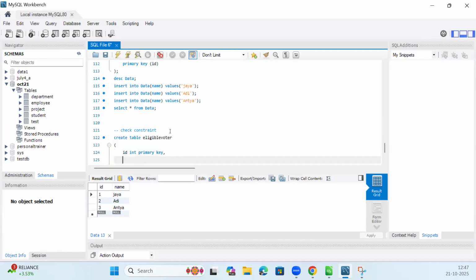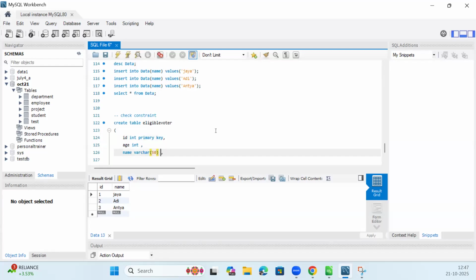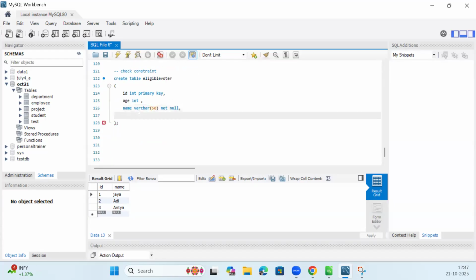And the next one is age int and name varchar. And I don't want the name to be null. He has to enter some data. Not null constraint. And what I'm checking, check if age is greater than or equal to 18. If this is my constraint,